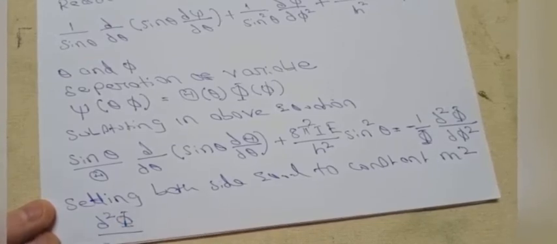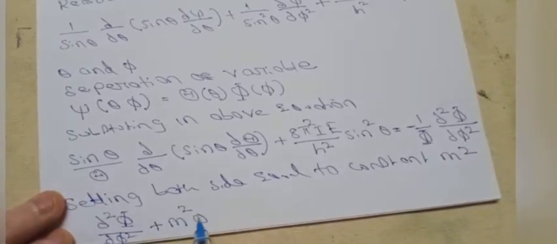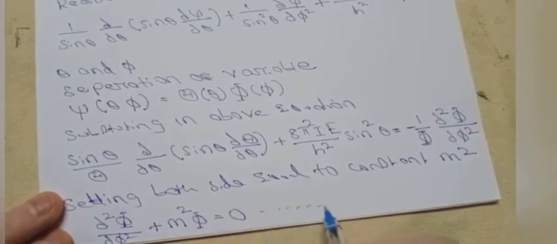So what we get from the right hand side is dou square phi by dou phi square plus m square phi is equal to 0. Let this be equation 1,